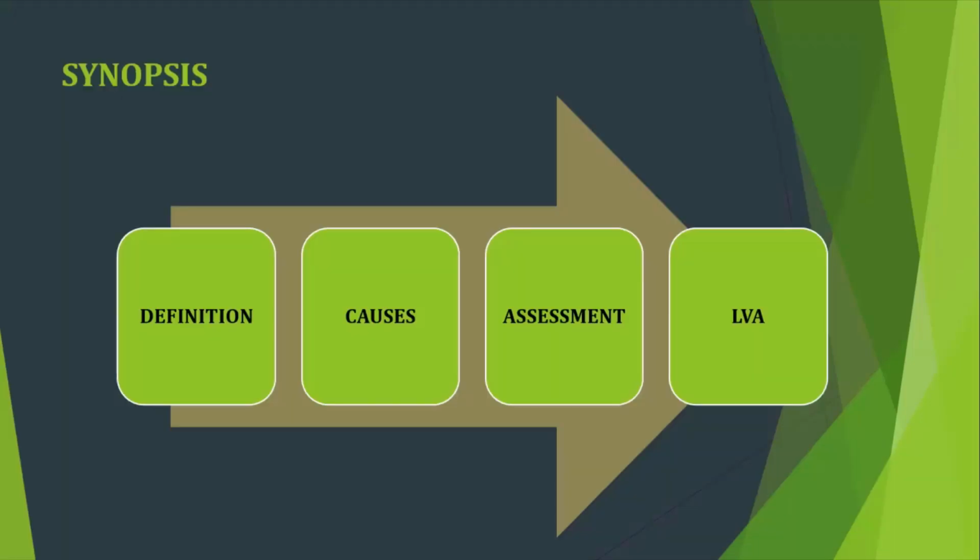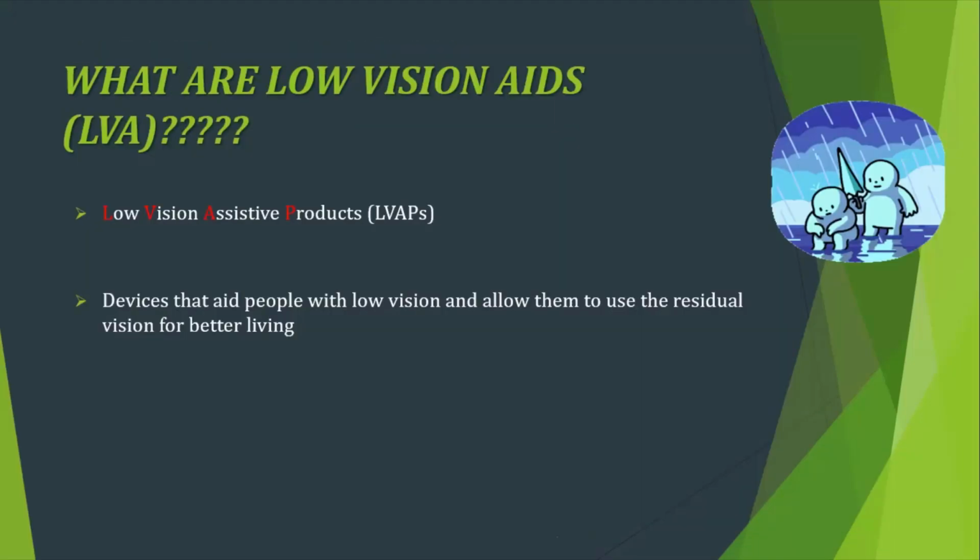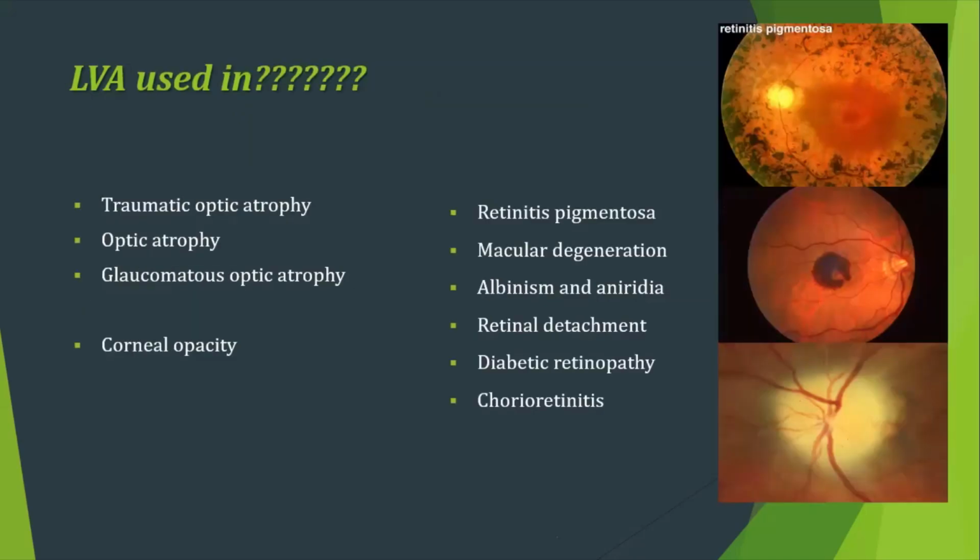So I'll quickly touch through my topic. So what are low vision aids? Low vision aids are the devices that aid people with low vision, that allow them to use their residual vision for better living. So low vision aids can be used in all the retinal conditions where the vision is very